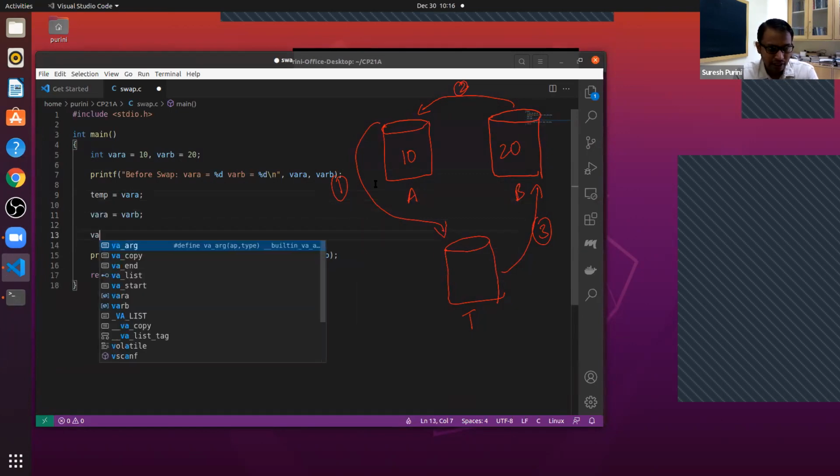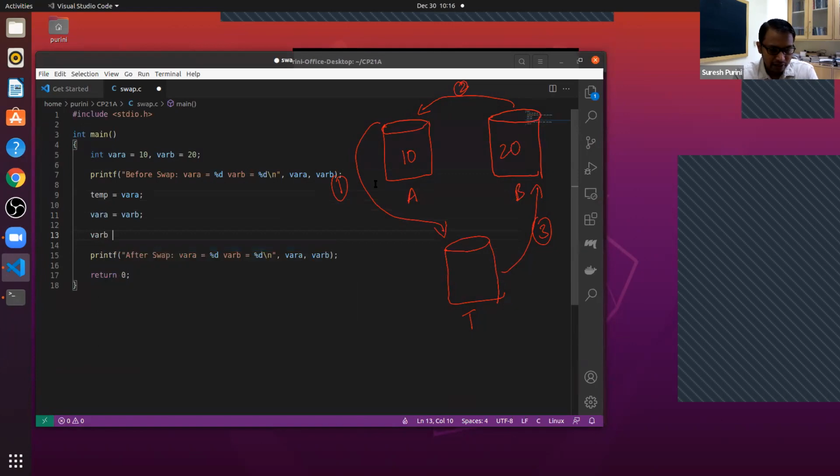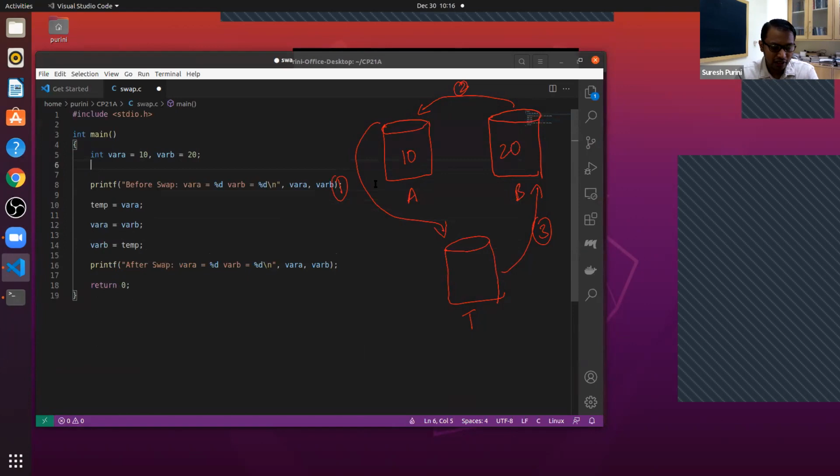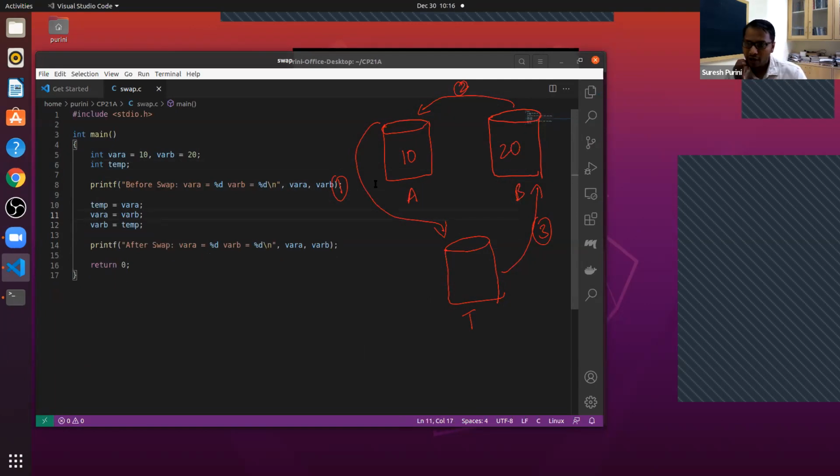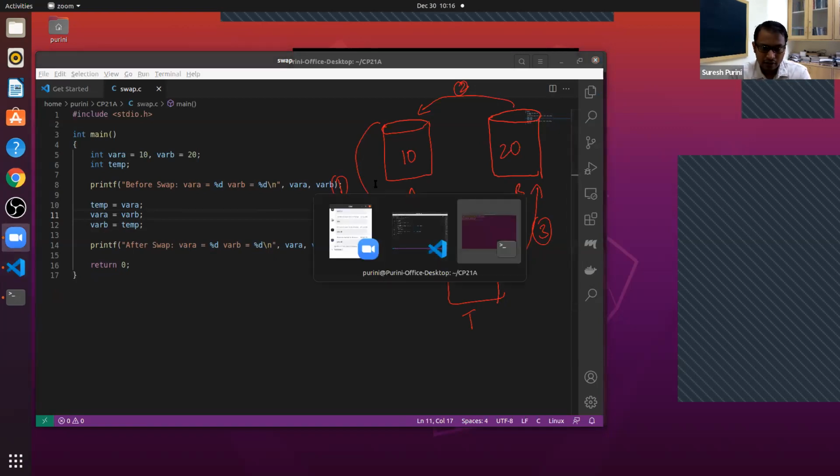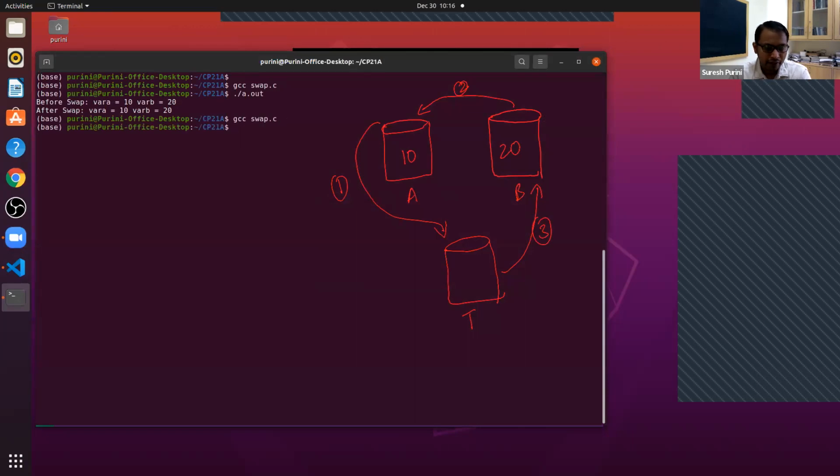The third step is var b is equal to temp. Then we have to declare the variable int temp. Does this work? Are you all with me here? Now you have seen that the contents of the two variables have changed.